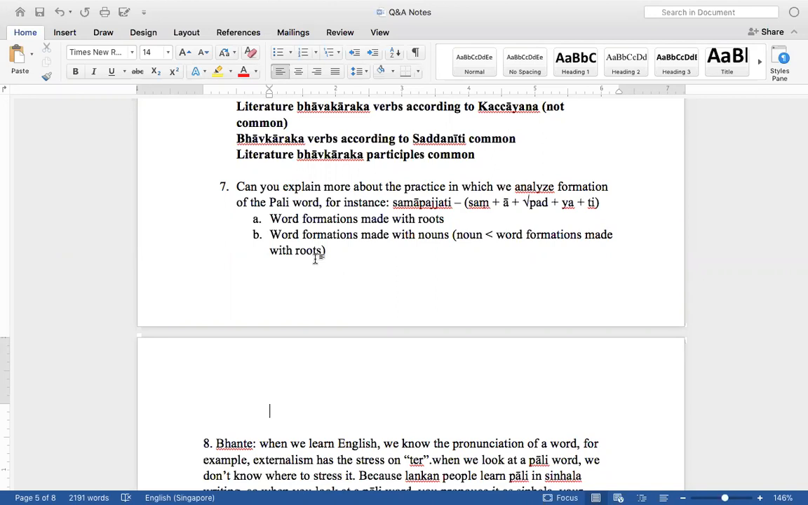Even I have seen api, the indeclinable, they try to make it out of a root. I feel these are later constructions. I'm very confident that they are later constructions. But that is how the tradition maintains. So when we have formations made with roots,